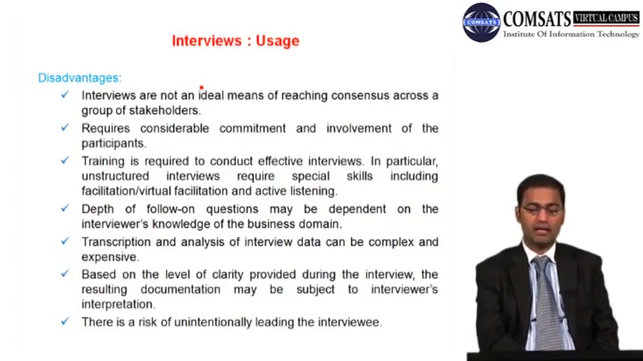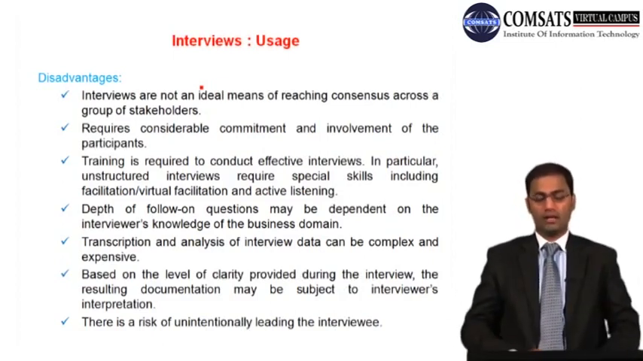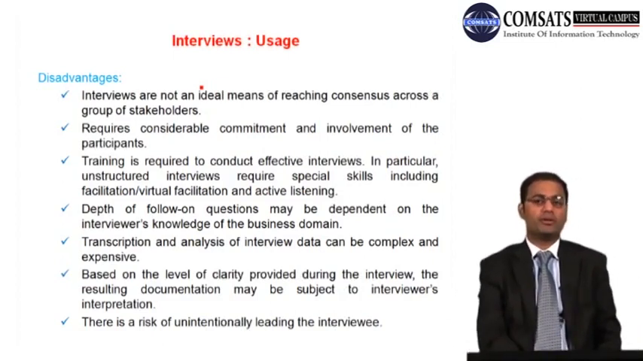And transcription and analysis of the interview data can be complex and expensive. Based on the level of clarity provided during the interview, the resulting documentation may be subject to the interviewer's interpretation. And there is a risk of unintentionally leading the interview. So the interviewee may respond whatever you wanted him to say, and hence there is no point of interviewing then, because